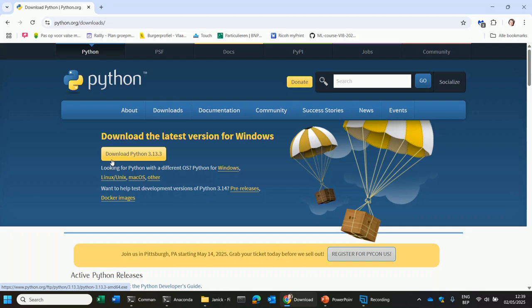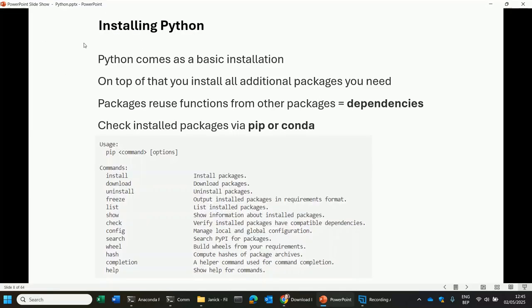installed on my computer. You might need different versions of Python on your computer for different analyses, one specific version of Python for each analysis that you do. To allow for having multiple versions of Python on your computer that don't interact with each other, there is a second way of installing Python, and this is what we will be talking about in this video. So, just like R, Python is installed as a basic installation, so a basic set of